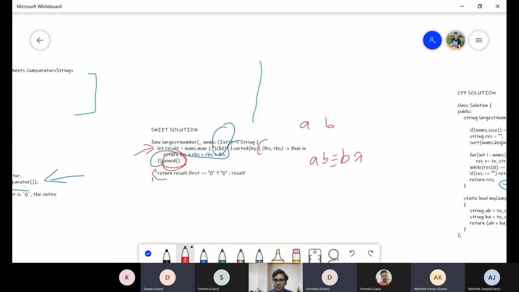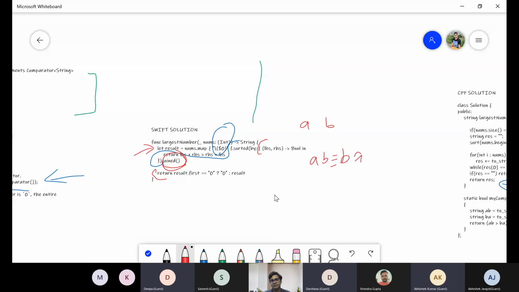But in the return statement, return LHS plus RHS, here we are doing like 2 plus 10, appending the strings, and then comparing the value. No, it's a comparison only. If you see less than or greater than, it always returns a bool value only, either true or false. For example, if I say 1 plus 2 is greater than 2 plus 1, then it will return true only, not the numbers or the strings.